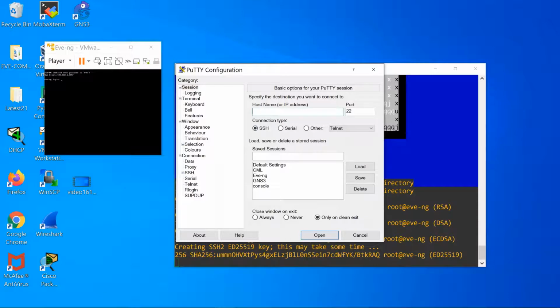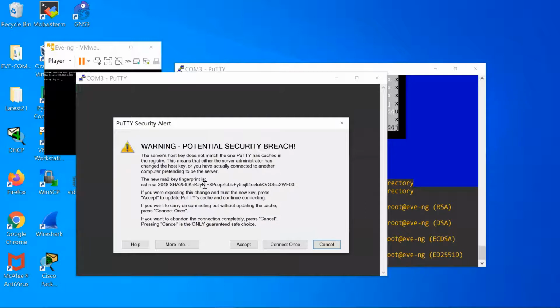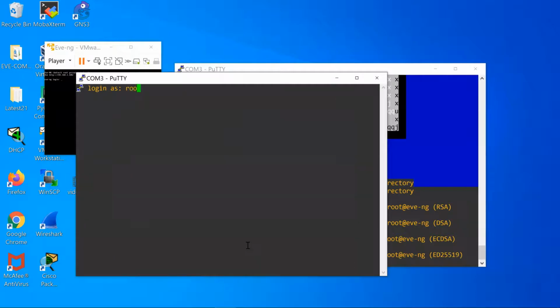Our newly assigned IP address is 192.168.1.100. Click open. I'll accept the security keys. Log in as root with the newly assigned password.